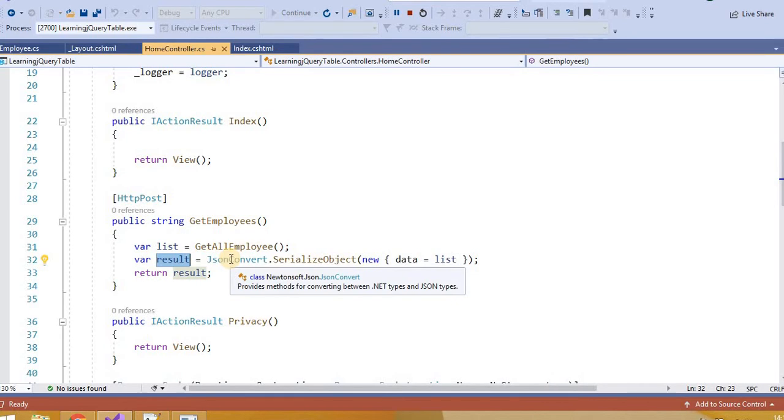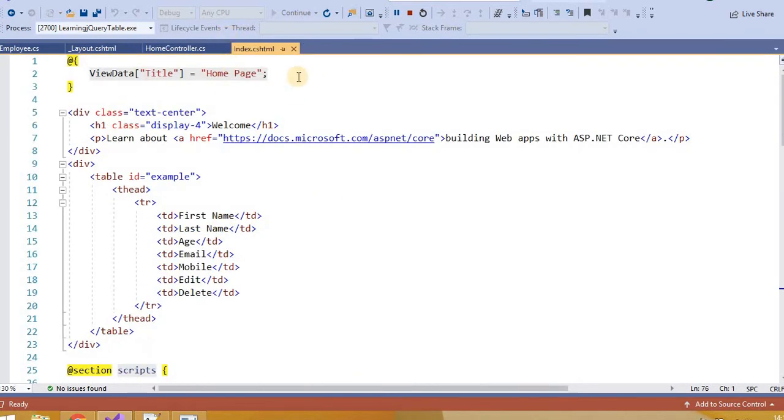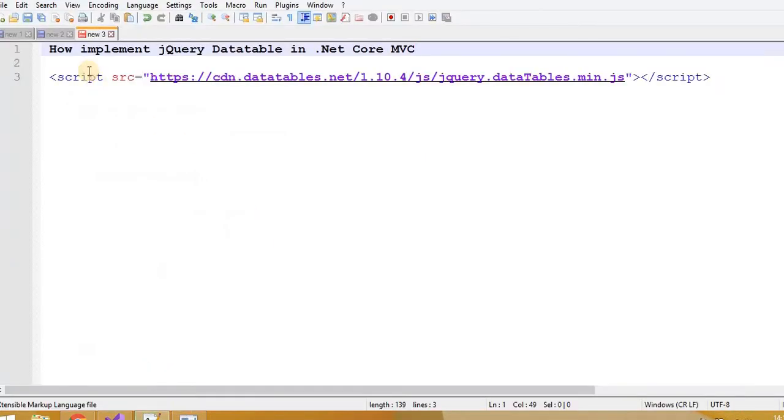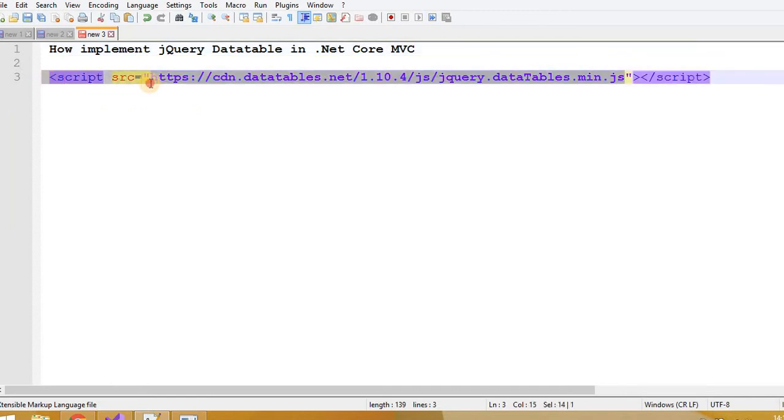so that it can be further used by the jQuery data table. Here in the index.cshtml file we have one table with the name example, and we have the header part defined inside the thead. But before explaining it, make sure to add the plugin of the jQuery table, which is a script.